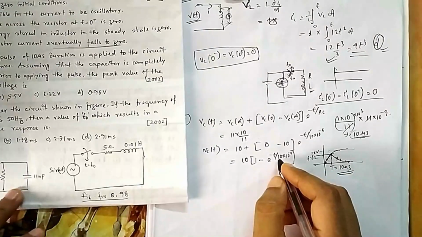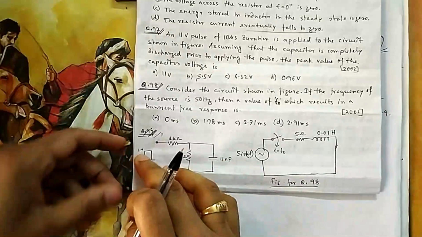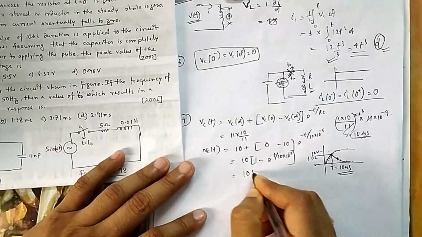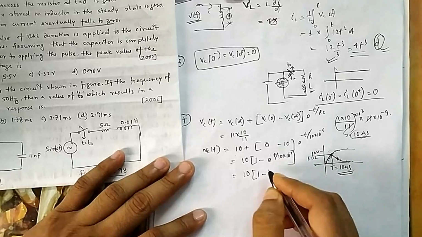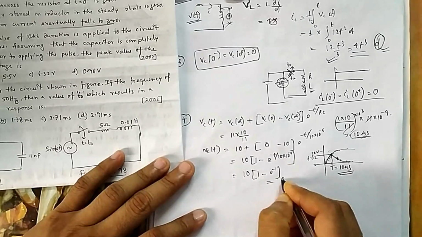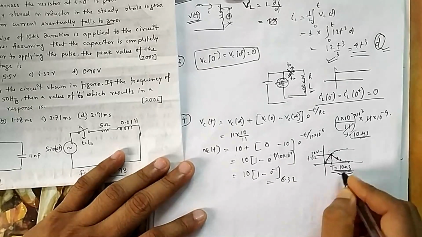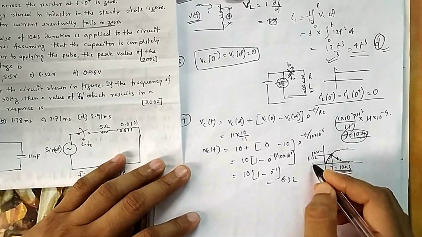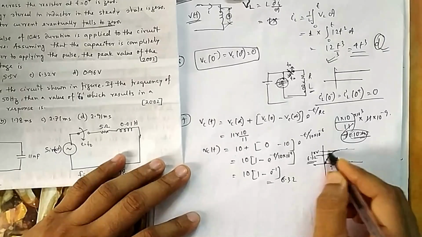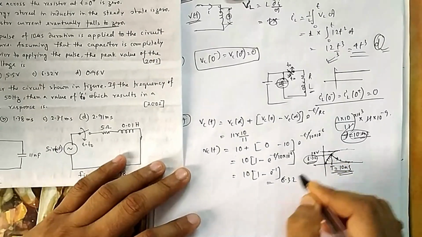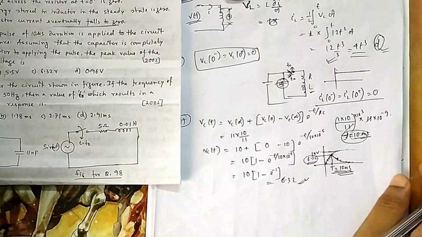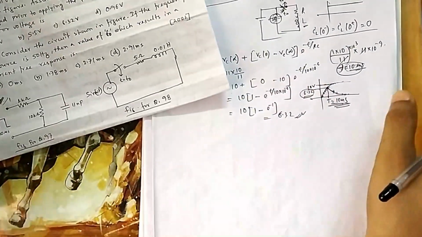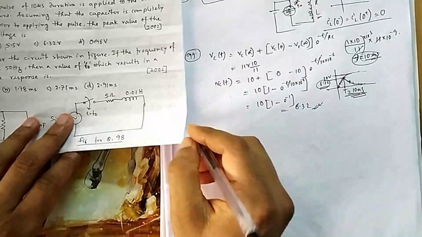So you put t equal to 10 microsecond, because it is of 10 microsecond, so it will charge up to 10 microsecond, then discharge. You put t equal to 10, then you will get the answer. So 10 microsecond, 10 will get cancelled, e to the power minus 1, which is nothing but your 0.632, because 10 microsecond is your standard, your tau. So tau always charges up to 63.2% of the final value. Final is 10 volts, so 63.2% is 6.32. So this is your answer. That's why I am saying this formula will always be helpful, and you will see that I will be using this formula a lot.